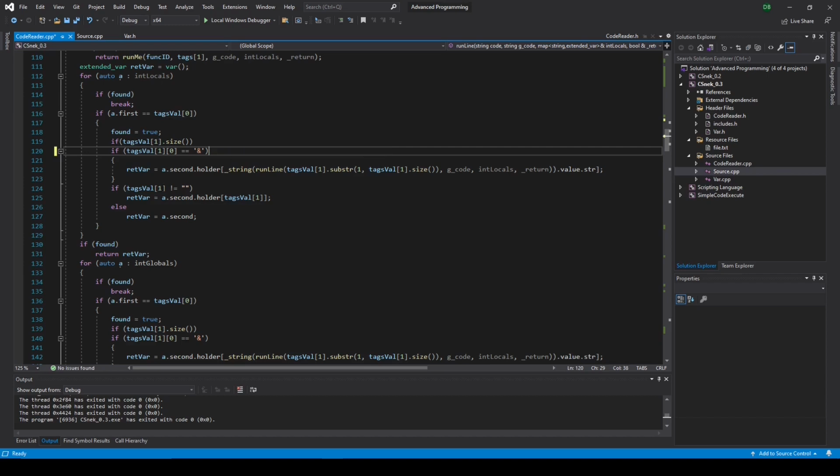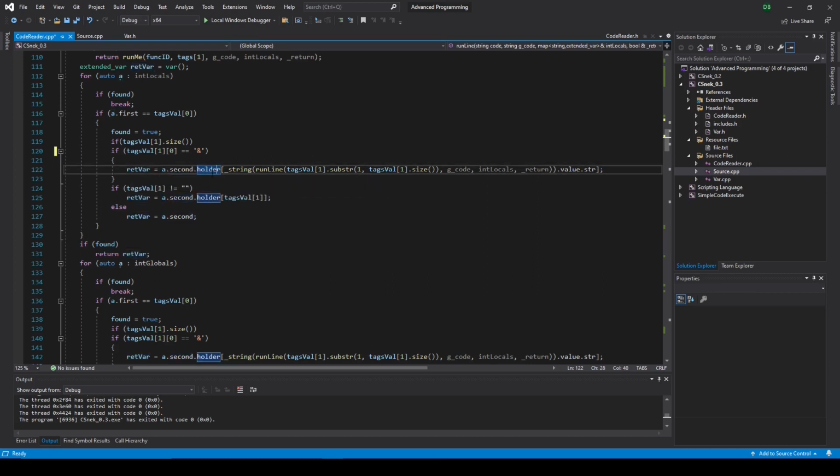This would let you make arrays and other things using this system. So if not, then it would just return val